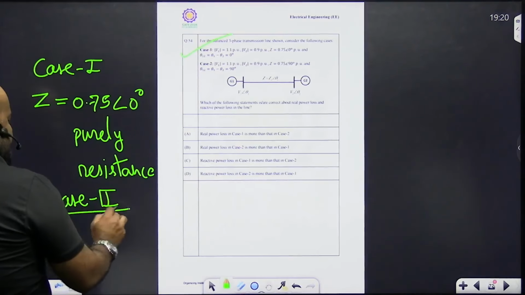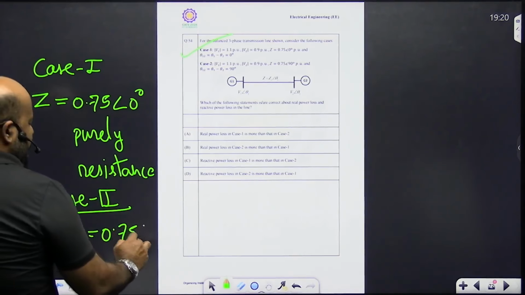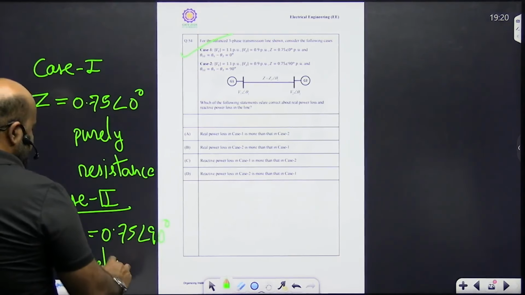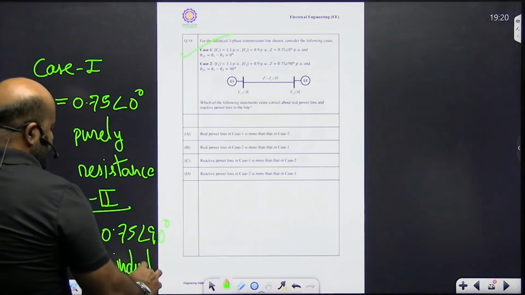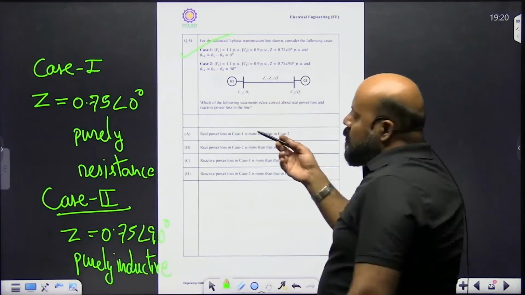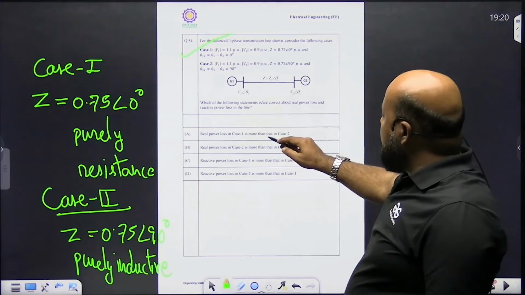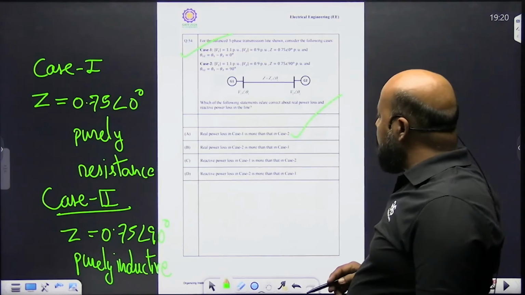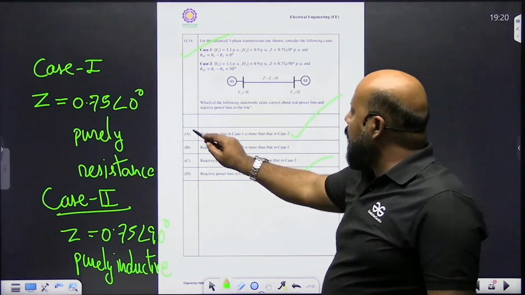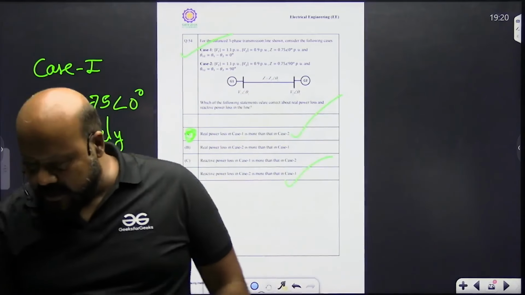और जो केस 2 दे रखा है उसमें लाइन का इंपीडेंस देखो जरा क्या दे रखा है? ये दे रखा है 0.75 एंगल 90, मतलब क्या हो गया, प्योरली इंडक्टिव। अब आंसर पढ़ो भाई, जो केस 1 है उसमें रियल लॉस ज्यादा होगा, रियल लॉस इन केस 1 इज मोर देन केस 2, और जो रिएक्टिव लॉस है वो केस 2 में ज्यादा होगा। तो A और D, A और D MSQ था तो A और D सही आंसर हो जाएगा, A और D इज द करेक्ट आंसर।